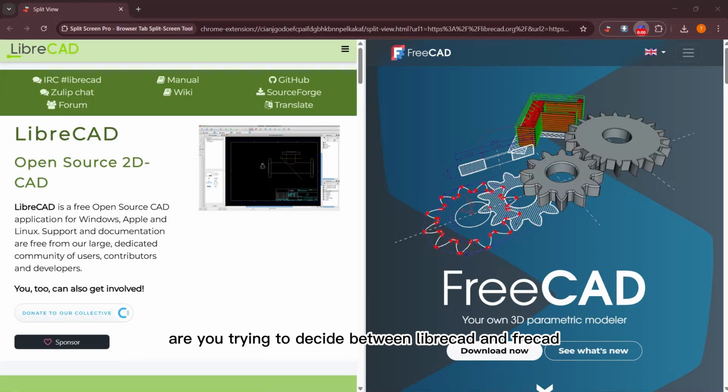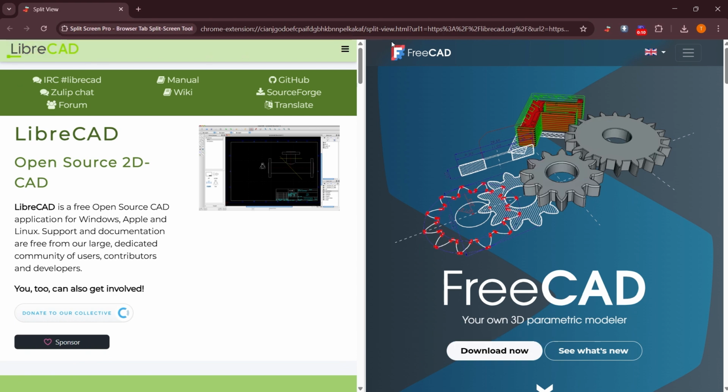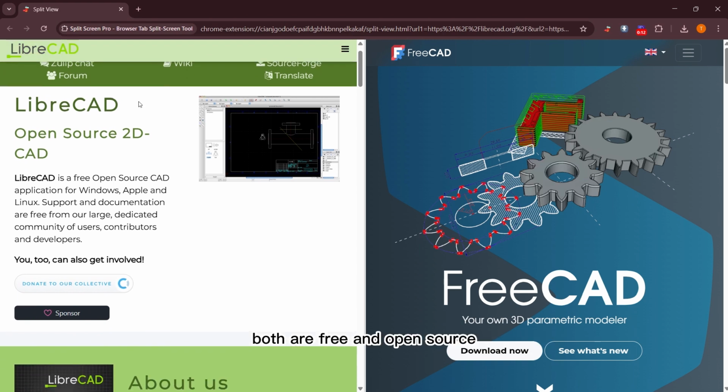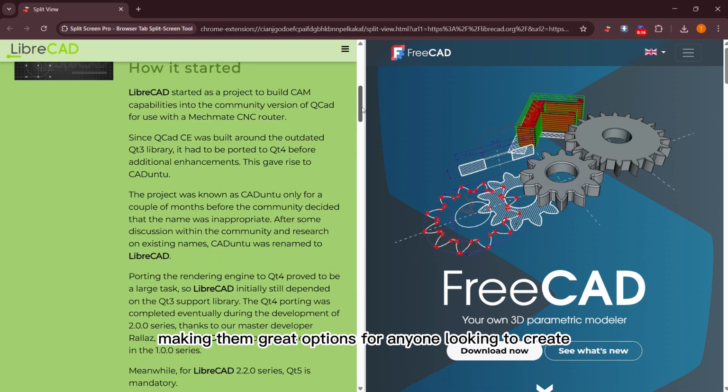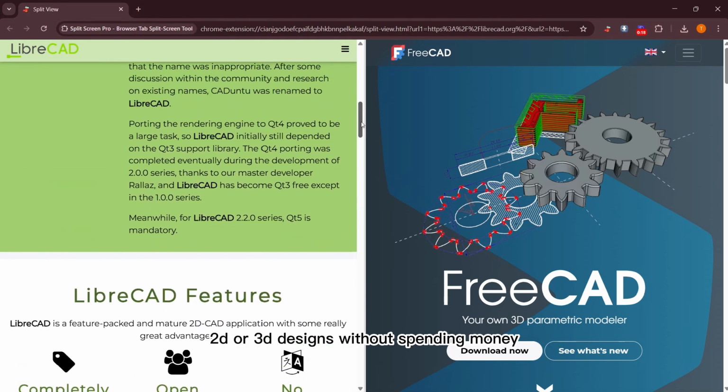Are you trying to decide between LibreCAD and FreeCAD? You are not alone. Many people wonder which one is better for their design needs. In this video, we'll compare these two popular tools. Both are free and open source, making them great options for anyone looking to create 2D or 3D designs without